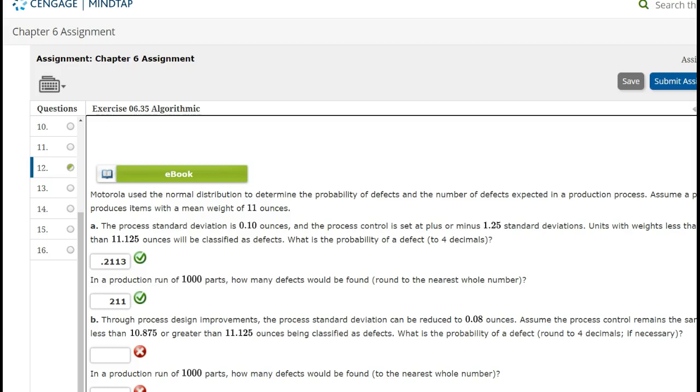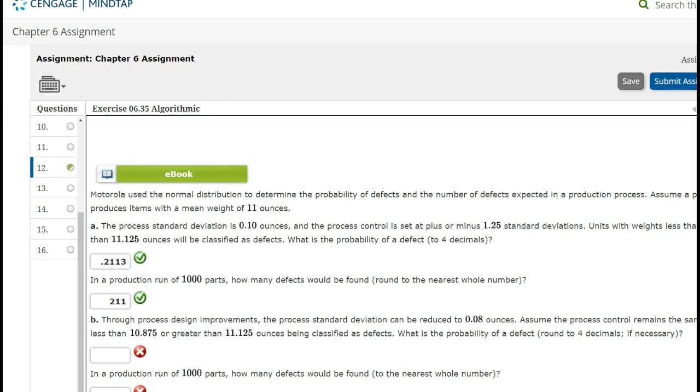So if we had 1,000 parts that we were producing, we would expect to have 211 defects. And in this case, we round down. So the 0.2113 multiplied by 1,000 gives us 211. In part B, they tell us that we're reducing the standard deviation to 0.08, but the